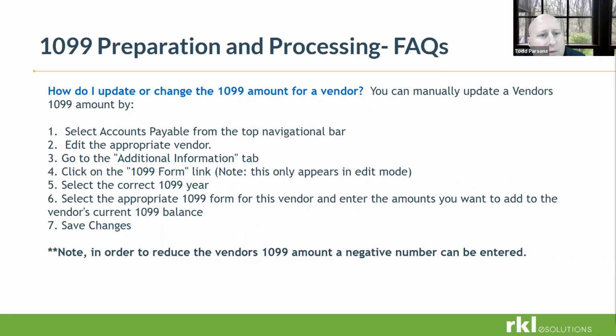How do I update or change the 1099 amount for a vendor? You can manually update a vendor's amount by going into accounts payable, editing the appropriate vendor, the additional information tab, click on the 1099 link, select the proper 1099 year,